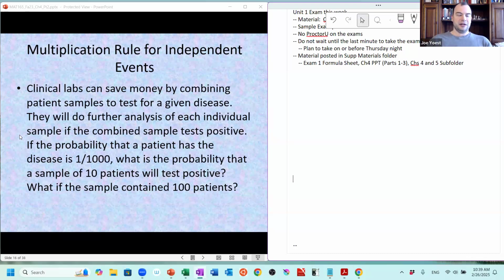And again, provided that the chemistry works out properly, and that our instruments are sensitive enough and so on, we might be able to pool together, say, 10 people's samples, run one test on those 10 people, and if the test comes back negative, then I can conclude that all 10 folks are negative. None of the 10 folks have COVID.